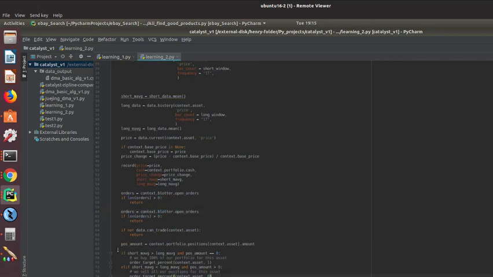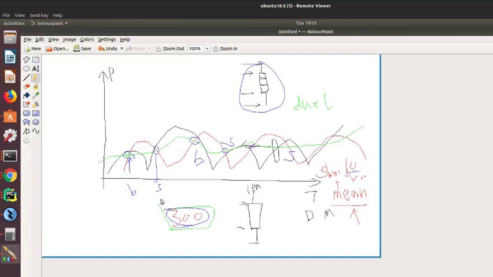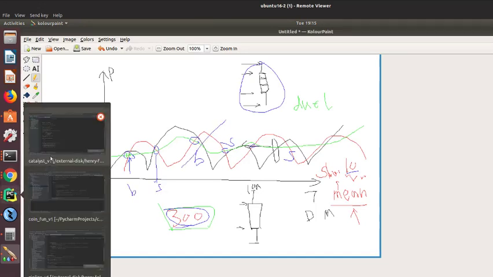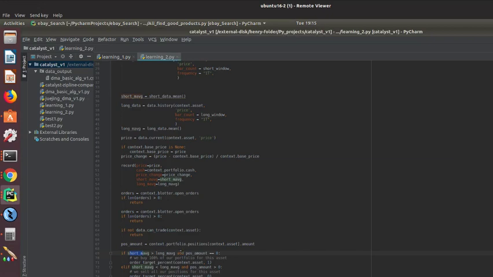Okay, so here is very simple. If your short average is greater than long, that means it's going up, right? Just like here, you say it's trying to go up, so the trend is very good. Also, currently we don't have any amount. It's zero. We don't hold anything. So that means we try to buy something. Okay, so then here are a lot of different